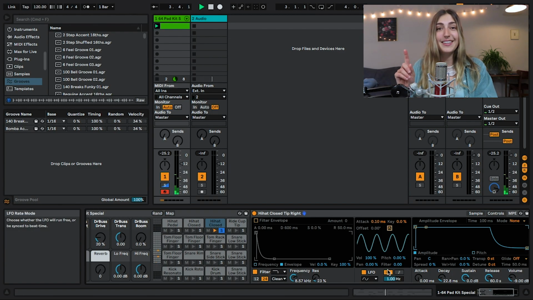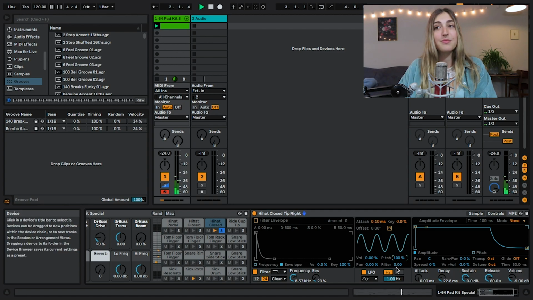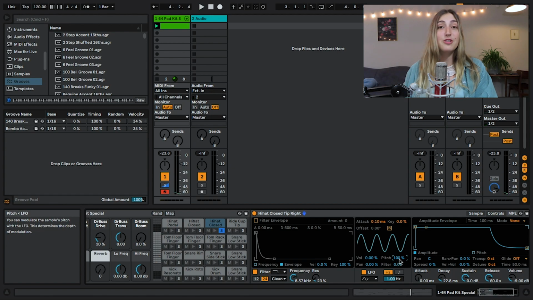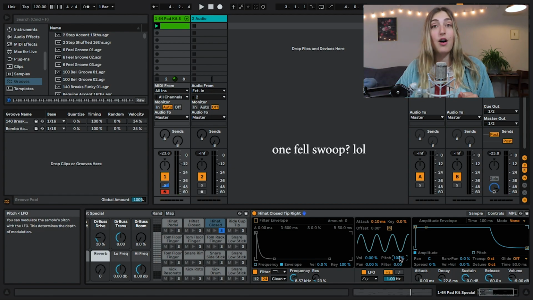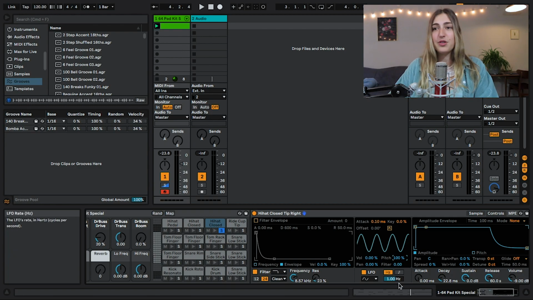So every second, our hi-hats are being turned all the way up, all the way down, and then back to middle. Okay, you might hear this a little bit better if we use the pitch. So let's use pitch in this example. If we turn it all the way up, our pitch is gonna go all the way up and all the way down and back to center in one full swoop. If we turn our hertz, for example, to 0.5, we are going to get 1 cycle